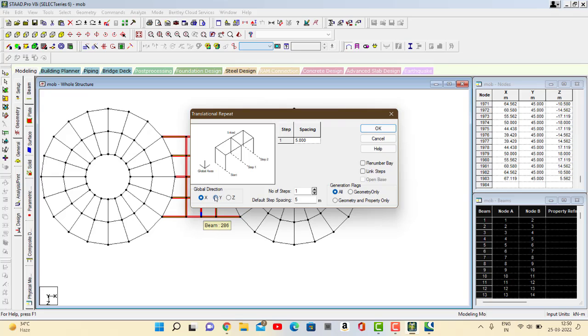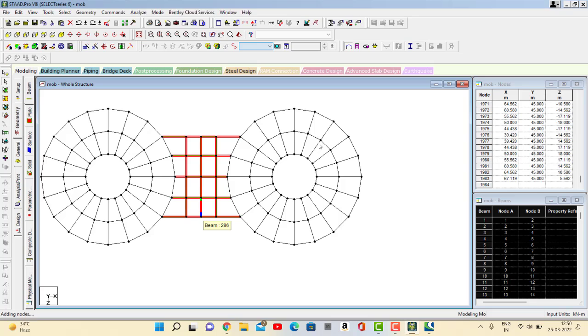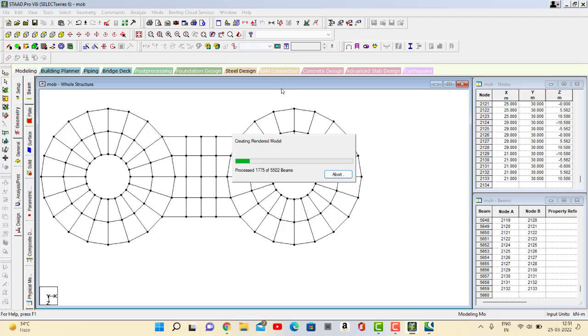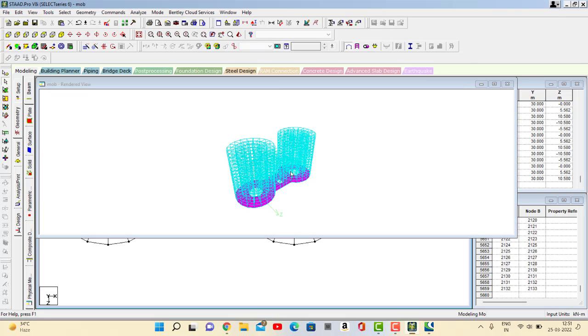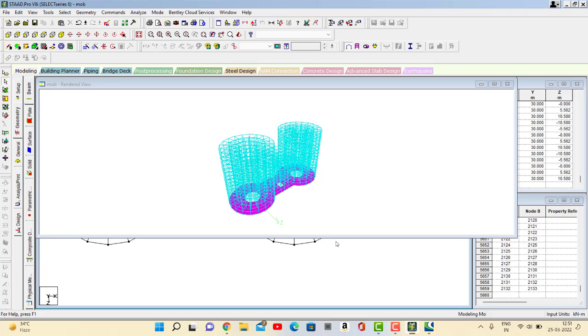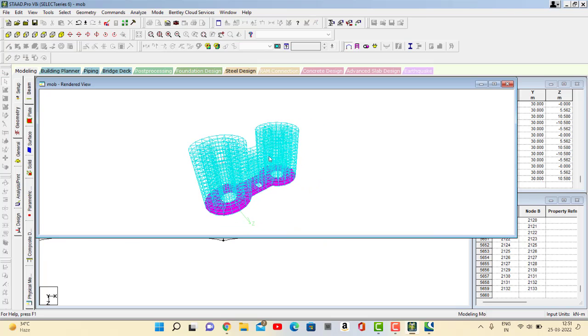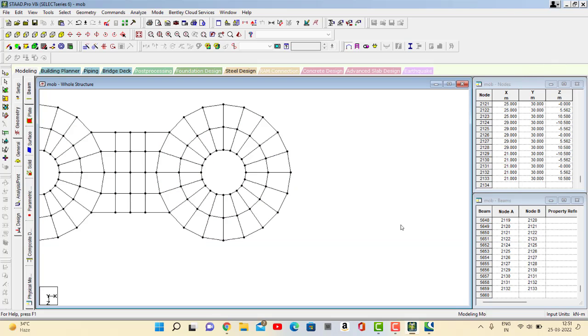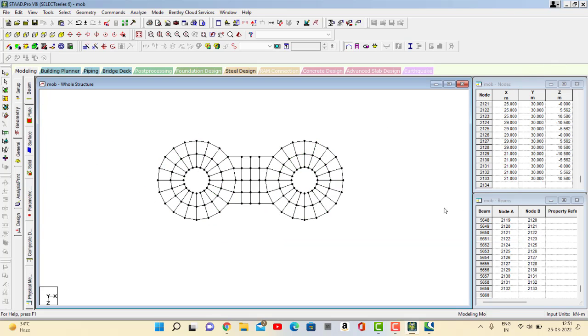Go for translate limit again, y direction 10 steps at a height of 3 meters. Click on link steps. Okay, we get here, we can see like this. And next,